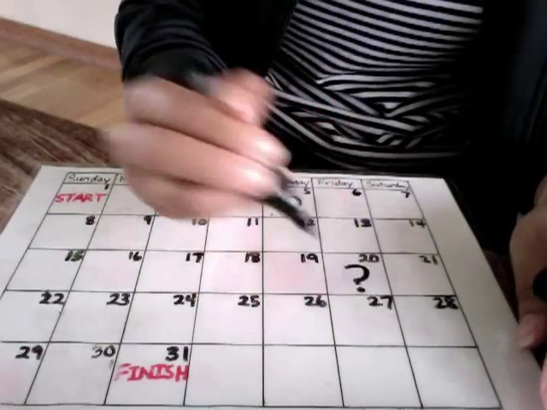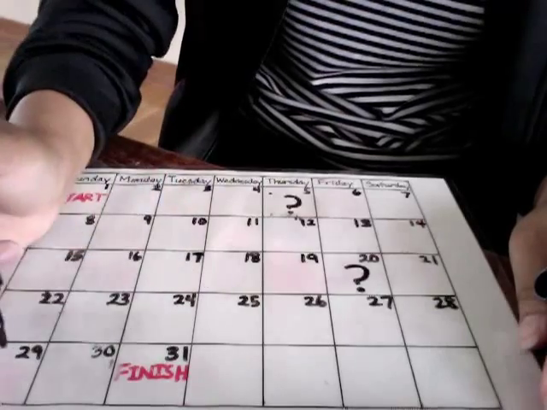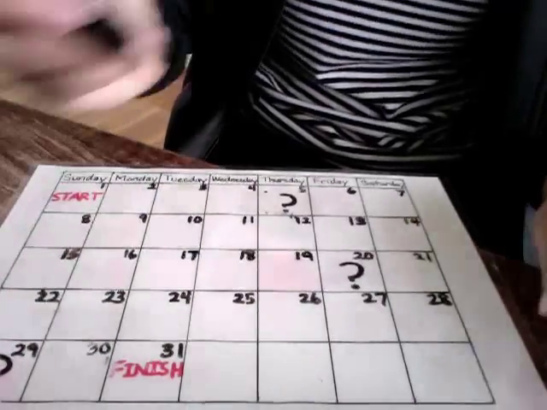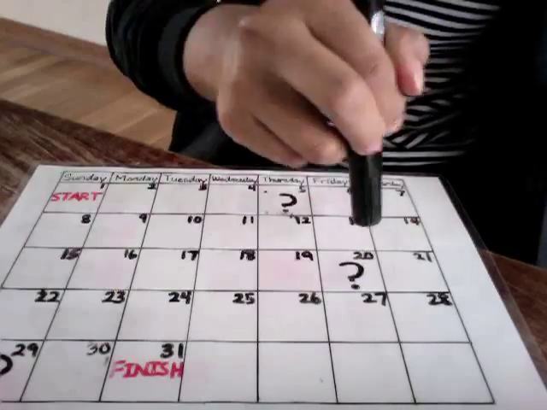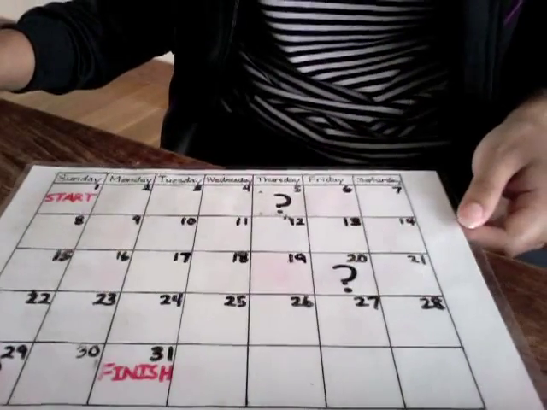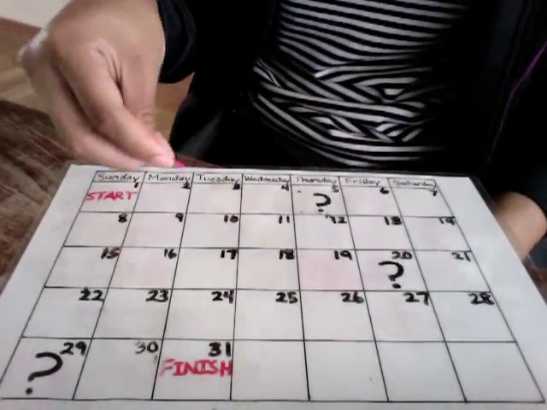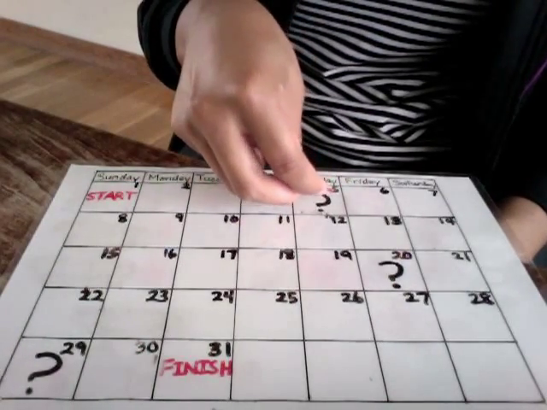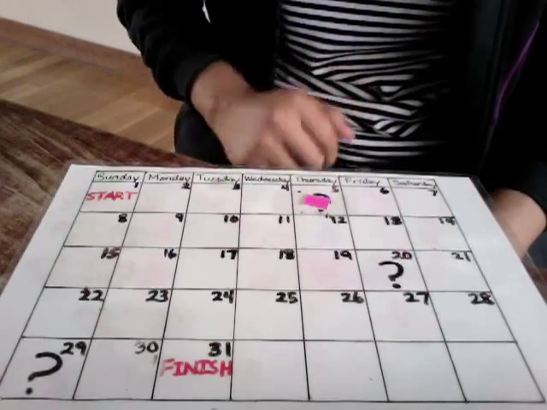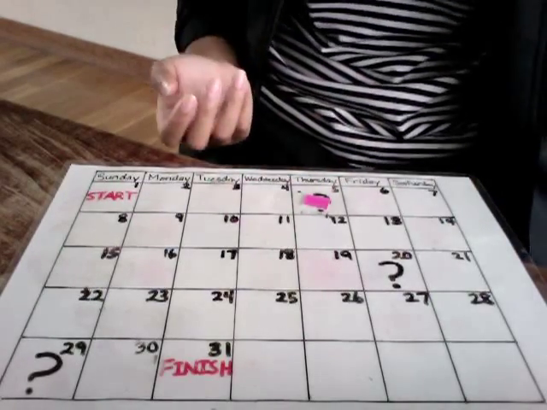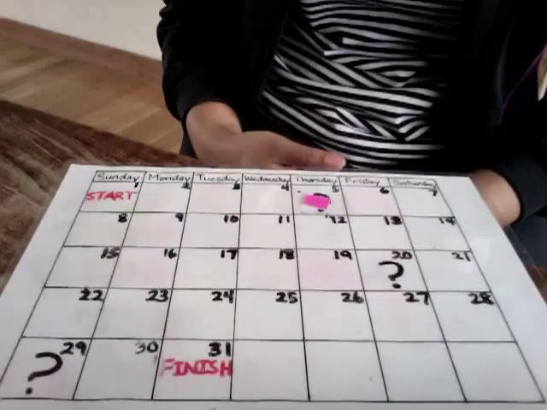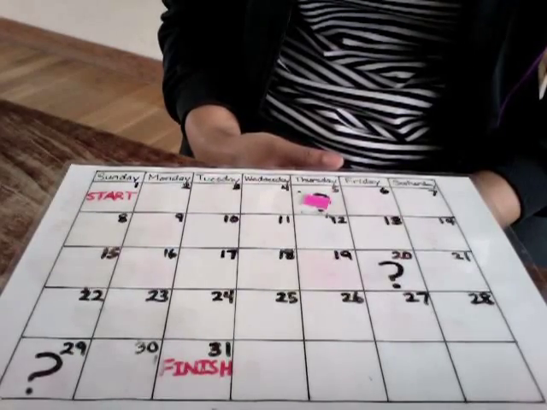Let's just put another question mark here. Another question mark on the 29th. We had some question marks. Now what these question marks are is that if someone lands on a question mark, they have to answer a quiz question. Now it can be a really simple question. It's up to you what kind of questions these are, but what I did was